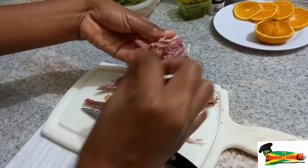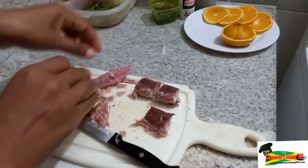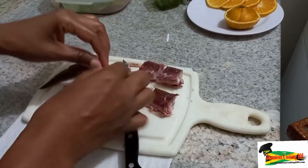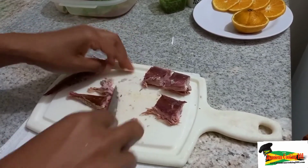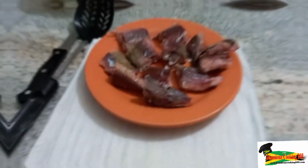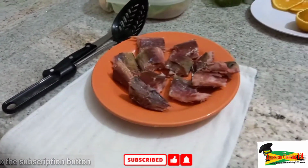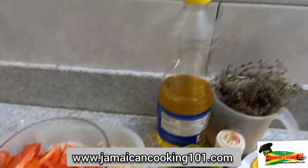Alright, so here I have, and I'm taking out some more bones. Some people like to leave the main bone in it, you know, when the juice and everything come together, it tastes so nice chewing on a few bones. Alright, so let's have some more. Here we have them, some salt mackerel steaks, and we already have our vegetables cut up, so it's time to